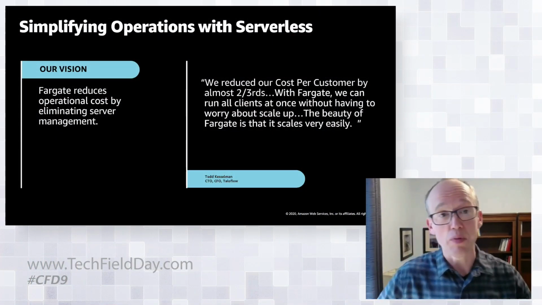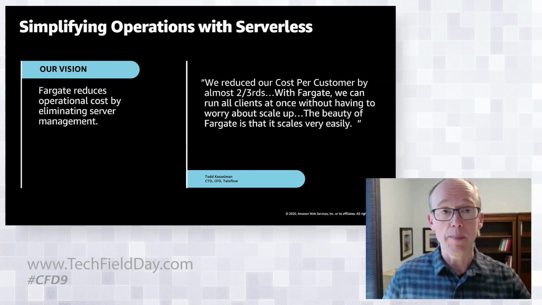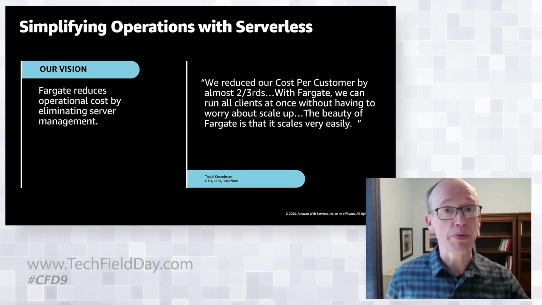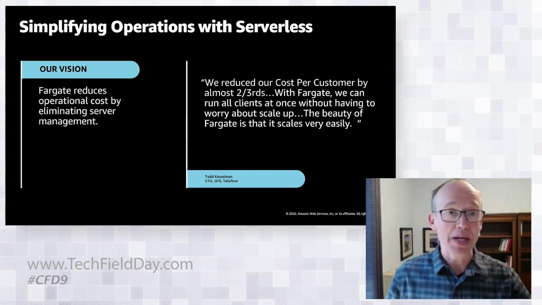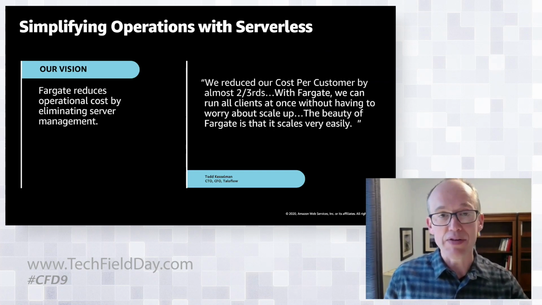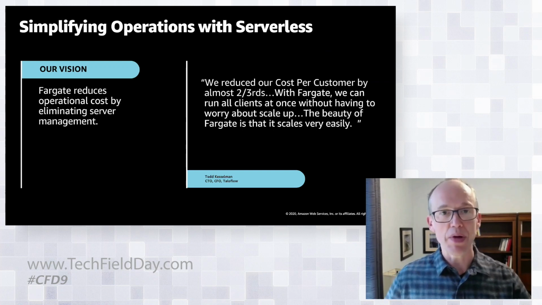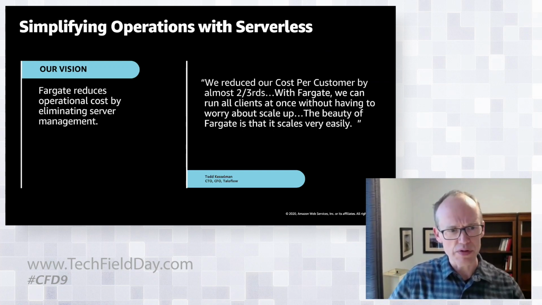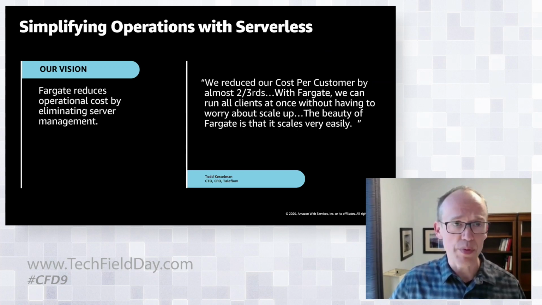You get a reduced price, up to 70% less than Fargate, in exchange for which there's the possibility that your compute capacity could be temporarily taken away if there's a loss of that spare capacity. A lot of customers have applications where they're like, yeah, I would like to get this work done faster if I can. If I can get a bunch of extra capacity for a cheap price, I'd be very happy to get that. If my application loses that capacity, it's not like I have downtime. I still have other capacity running, but that way I get extra bang for the buck. And Talaflow is super happy that they not only cut their costs, but improved their reliability.